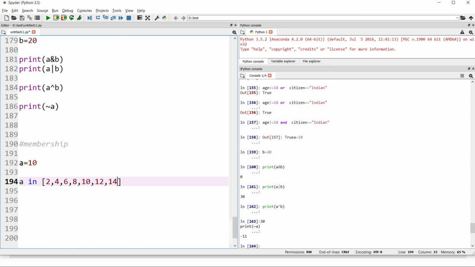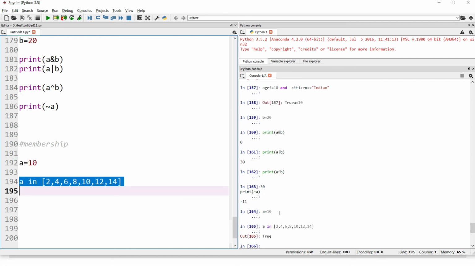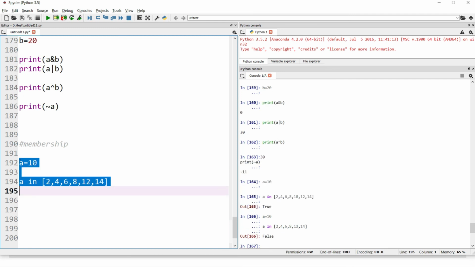Now I check if a is in the list, and it says true because it is there. For example, if 10 was missing and I check if a is in this list, it will return false because now 10 is not there in this list.